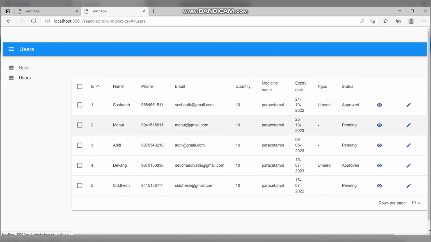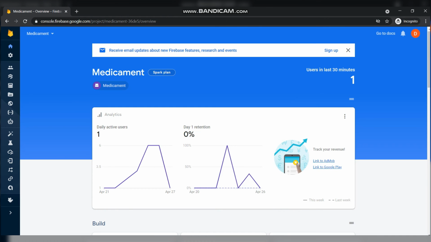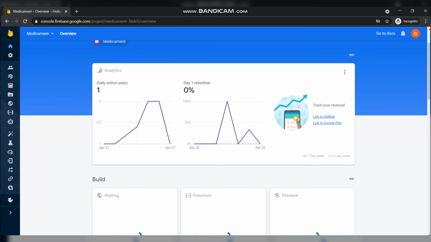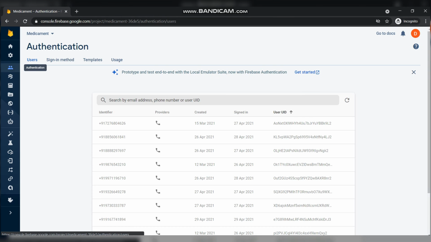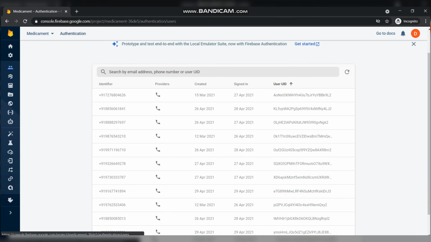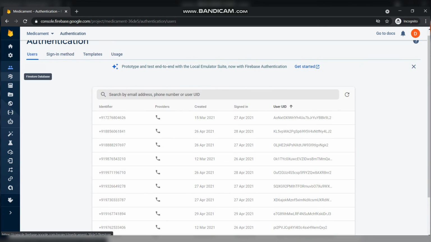So continuing to the Firebase database. Now we will be showing the database. We have used Firebase to store our data as it is easy to use and has a number of tools to develop high quality apps at a much faster rate. It's a cloud computing service model. It includes authentication functionality, a real-time database, and fast and secured web hosting. So here is the daily active count you can see in Firebase. This is the database. First we'll go to the authentication. Now you can see the number of users who have authenticated using OTP. And then after that it's the database.